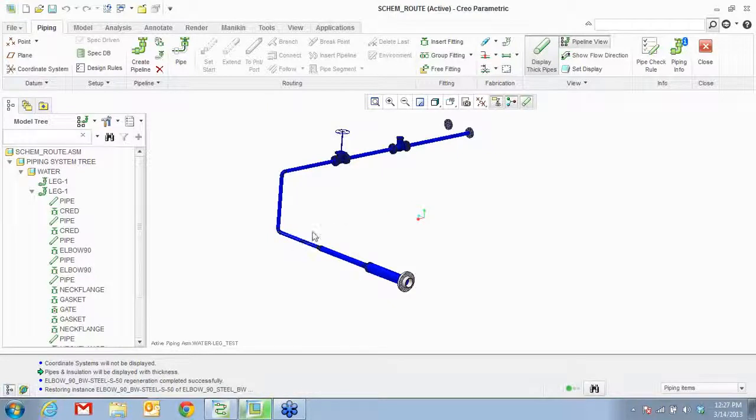Right? Now, once you have this done, you can create your drawings of the pipeline. You can show individual fittings, routing, all these details. You can also export and create PCF files. PCF is for Isogen. You need a separate license for that, and it creates industry standard piping diagrams for you.